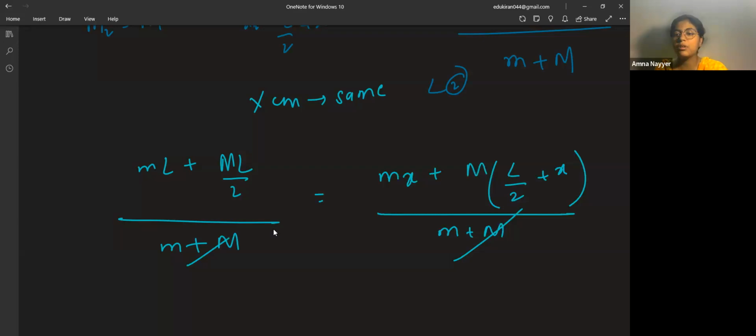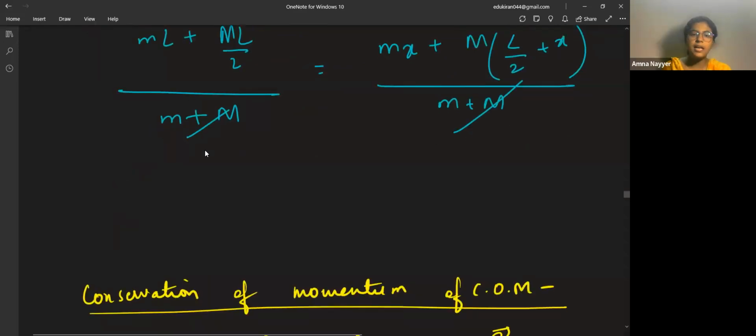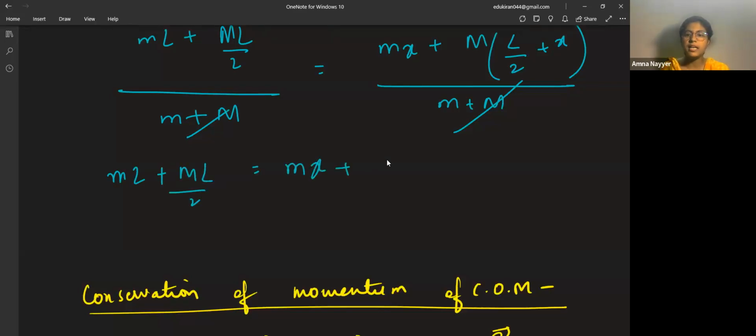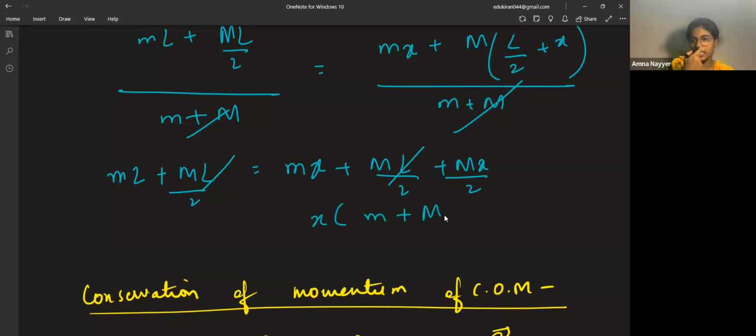One thing that happens is that this m plus M gets deleted. Now what are we left with? This is m l plus M L by 2 is equal to m x plus M L by 2 plus M x. M L by 2 will be cancelled. From here we can take x common. That will give us m by M, right? If we take x common from here,